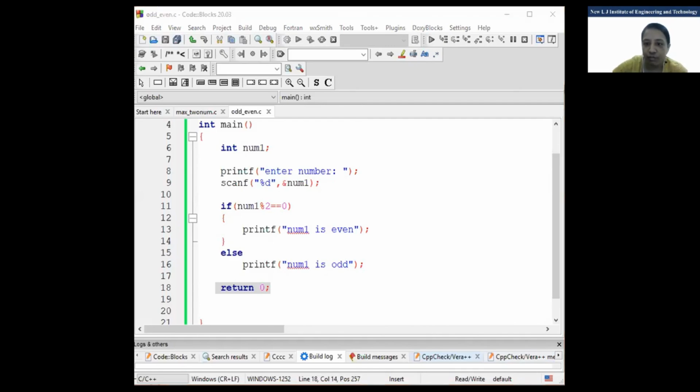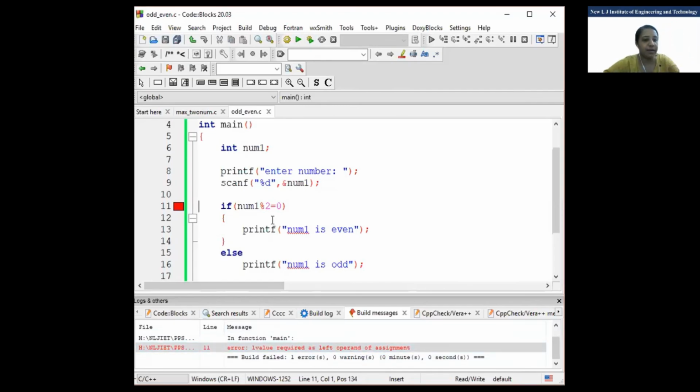Fine, ma'am. What will be the output of V? Okay, that we will discuss. If there is a single equal to sign, I'll tell you what happens. It is not a comparison. It is just a normal statement like this, right? So that is always supposed to be true. That means always the if part will be executed. Just we will check it. If we write this, it will give an error here, num1 2, because we have used the expression.